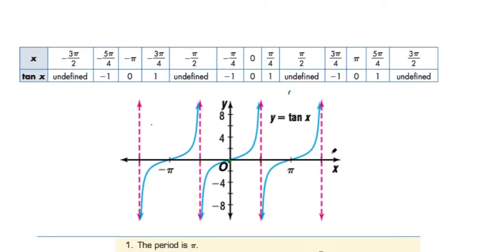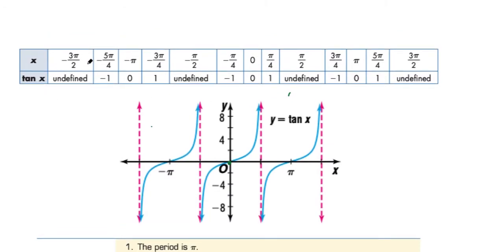and so now as we are looking at these graphs, hopefully it'll make better sense. So if we take a look at just the tangent graph and we look at some of the values, you're going to see these red lines are referring to the places where we are undefined. So at pi over 2, at multiples of pi over 2 basically, but not every multiple, at odd multiples of pi over 2, because as you can see, pi is fine and negative pi is fine, which are even multiples of pi over 2. But at odd multiples of pi over 2, you're going to get this undefined value, and that makes sense because that's where